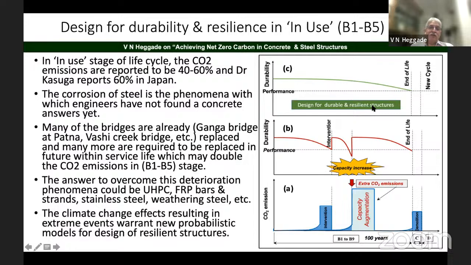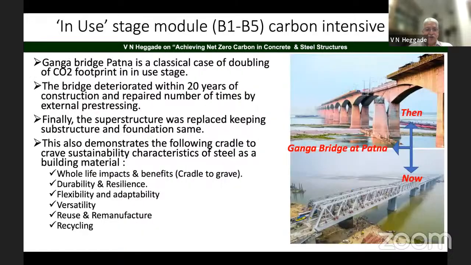I think we'll have to come out with this because of the climate emergency: the sea level is rising, and the floods will be unseasonal, the cyclones will be unseasonal. We'll have to develop probabilistic models taking into consideration all these climate emergency effects, and make sure that the structure doesn't require many interventions as well as replacement during its lifetime, as you can see here during this 100 years. The performance should be up to 100 years so that interventions as well as maintenance are not required much.